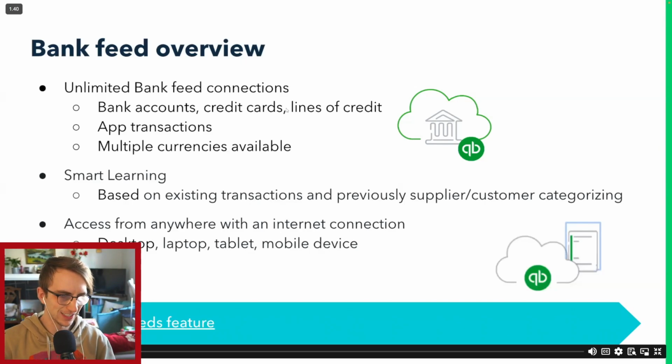Smart learning is a function specific to QBO, and you're going to love the power that